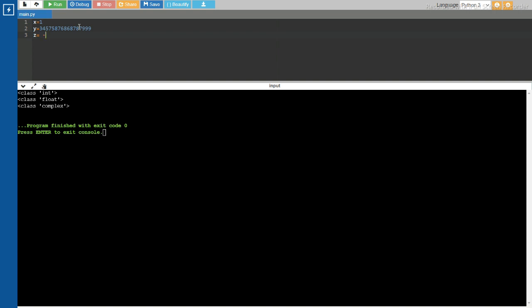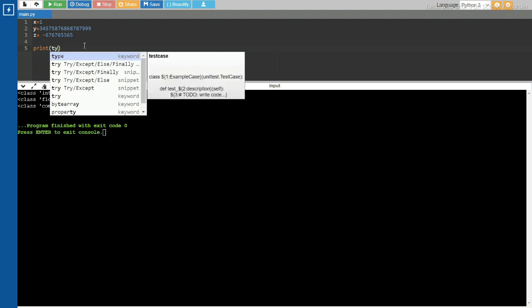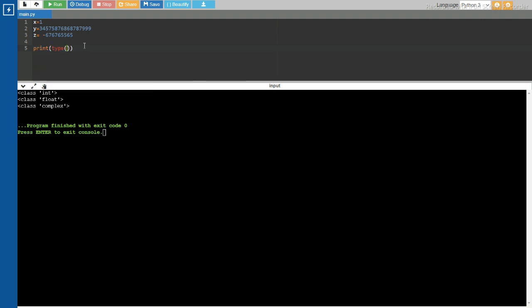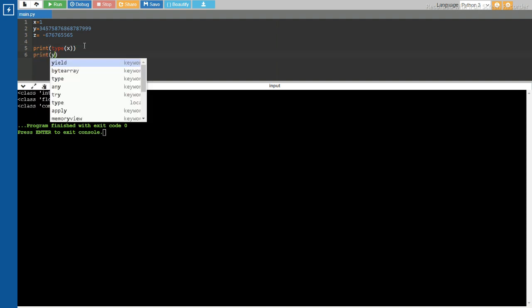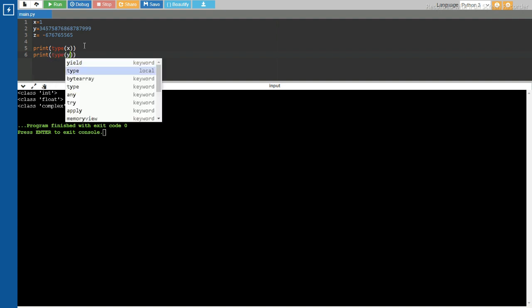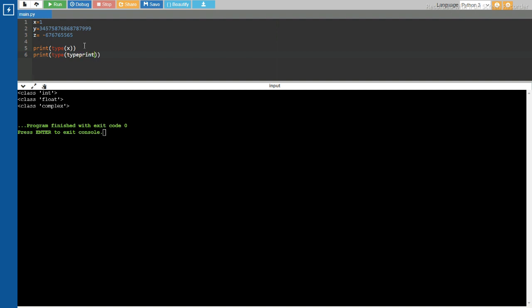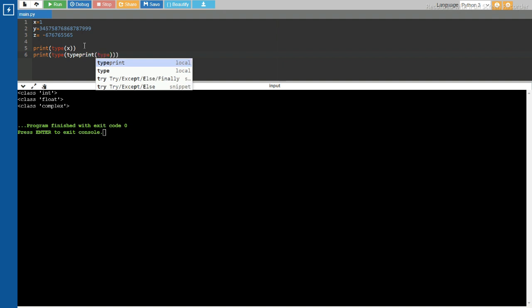Now let us use the same phenomena here. Let me use minus some number. Now I'll ask my server to print the types of this. You know the code, print of type of x. The same we will repeat. See here, print of type of y, and then repeat the same print for z, print of type of z.